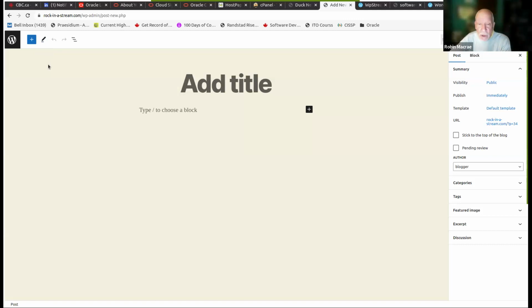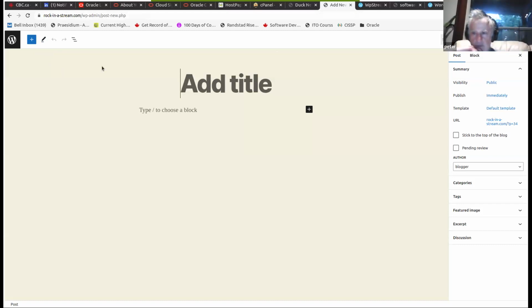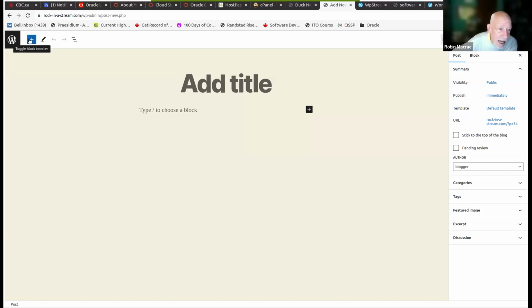In any event, on the right-hand side here is where the cool stuff is that lets you adjust the way this particular post is going to work. But we're about to create a post using the block editor, which means the page is built out of blocks. And if you go to the left-hand side of the page, where that plus sign is, or sorry, those three slashes, you see the 3 slashes? Click that.